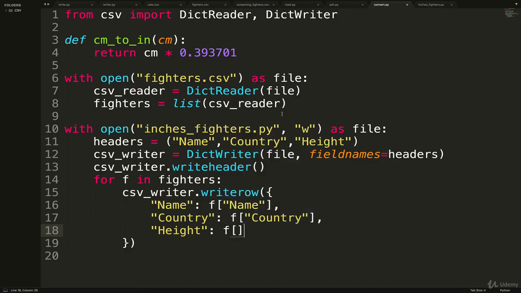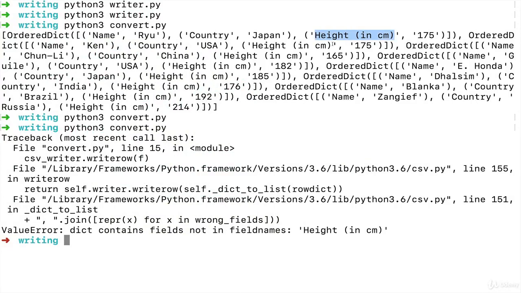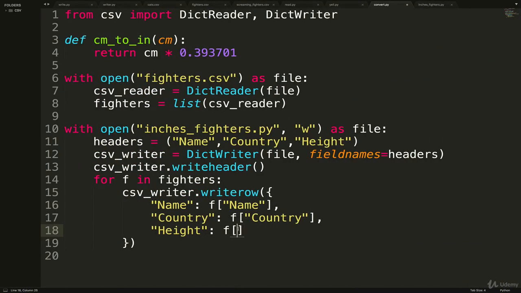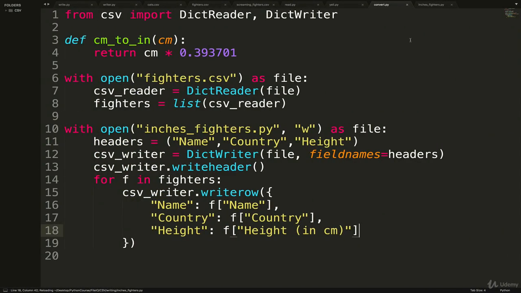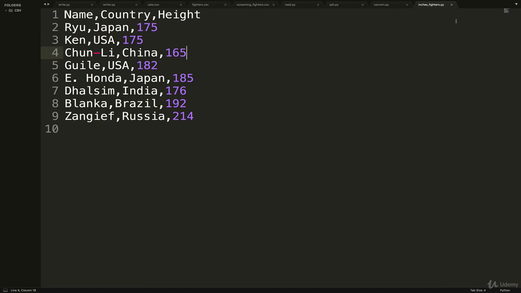And then here we get to height, and we set height to, and then to start, we could just do F. What was that header? Just copy it from here. It had the height in CMs, like that. So that's how they're stored. If we did this and we run it, and we look at our result, oh, well, I just realized I made this a Python file. It's not what we want really, why we're getting that highlighting. But the syntax is all the same of what's being written. But the main problem is that this is still centimeters.